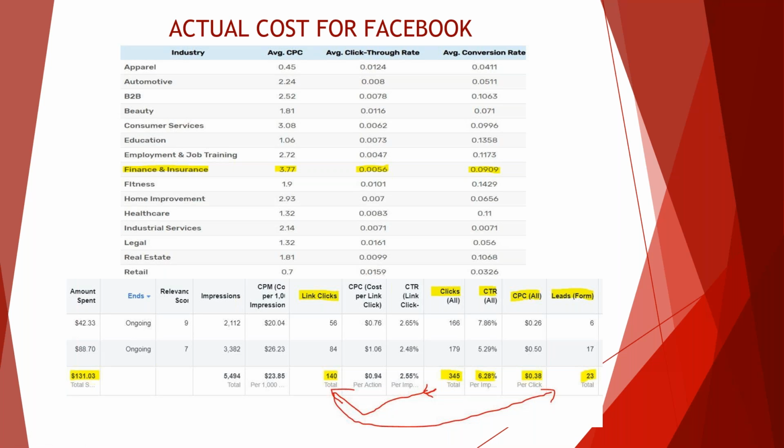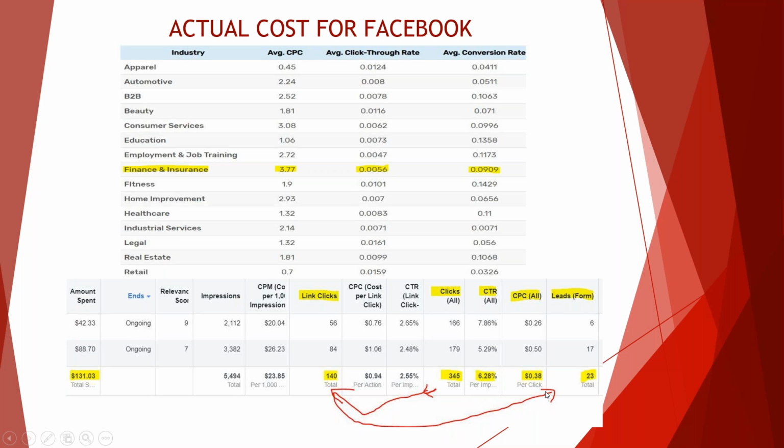All right, so you look at 345 people that clicked on the ad, and 140 of those people went to the landing page. So when you look at this, that's 40% of people that click our ads go to our landing page. That's why these relevance scores are so high. 40% of people that see our ads go to the landing page or open up the Facebook lead form. And then you go from there to the number of leads.